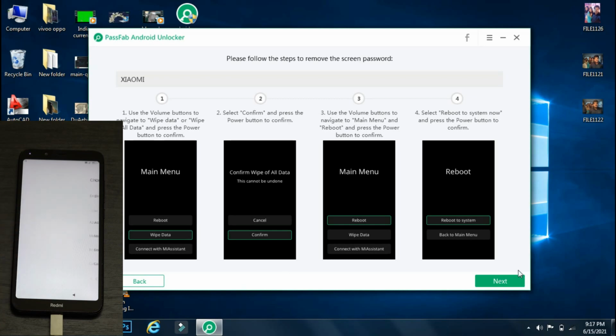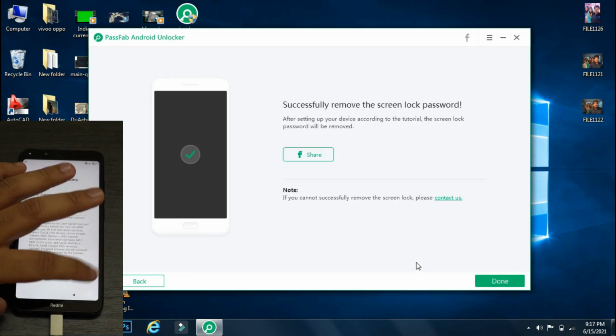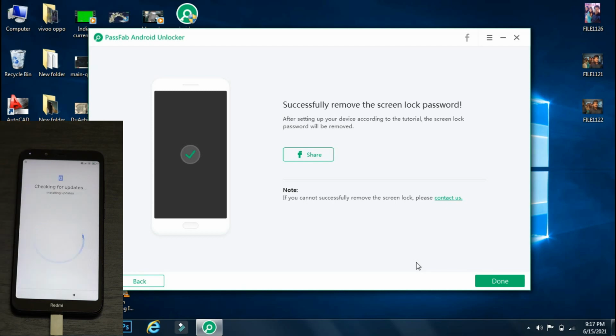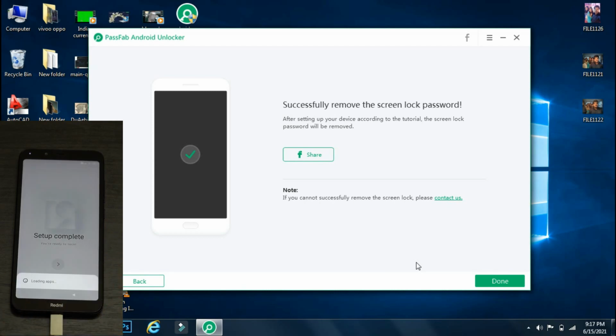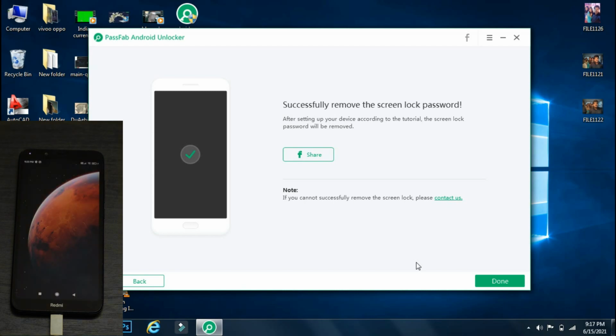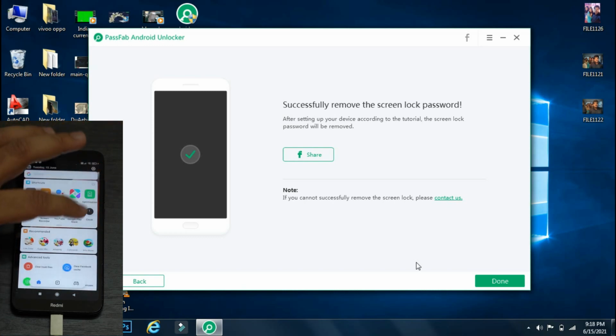Now you just need to set up your device by the regular method, and if you have backed up your device earlier on the cloud, you can restore it once your phone has started. So you will not lose any important data. But keep one thing in mind that some phones may have a different interface for the recovery, and although the procedure will be the same on all the phones, just the looks of the menu may vary. Don't forget to follow the on-screen instructions to avoid any mistake, as if you select any other wrong option, it may delete the partition or operating system of your phone and you will land up in big trouble.